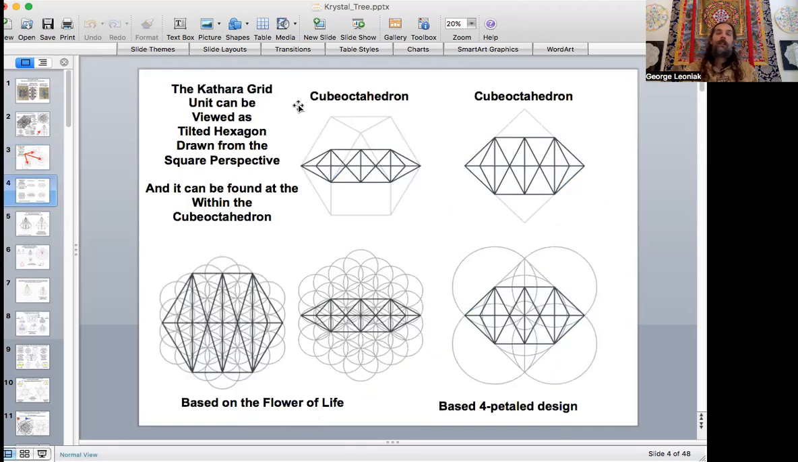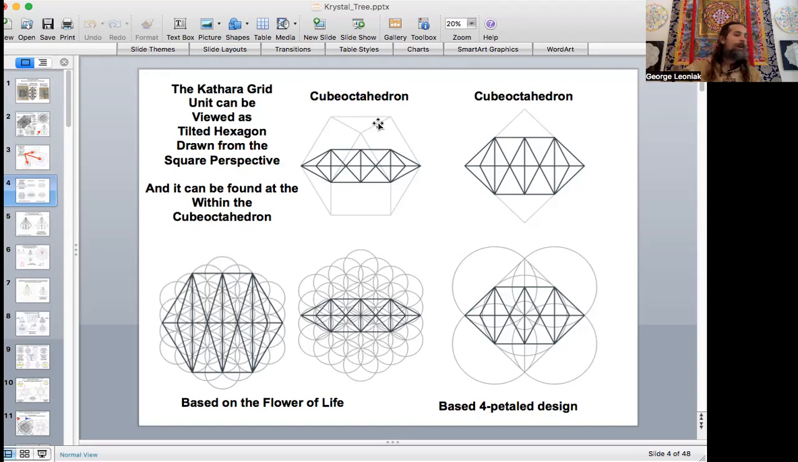So here is the Kathara Grid unit that is popularized within the Keylontic science as the 12 Tree of Life. It's called the 12 Tree of Life because of the 12 vertices: 1, 2, 3, 4, 5, 6, 7, 8, 9, 10, 11, 12. Now, this gray bit of triangle that's sticking up on the top and bottom here is really a cubeoctahedron triangle, if I tilt the form with the cubeoctahedron,